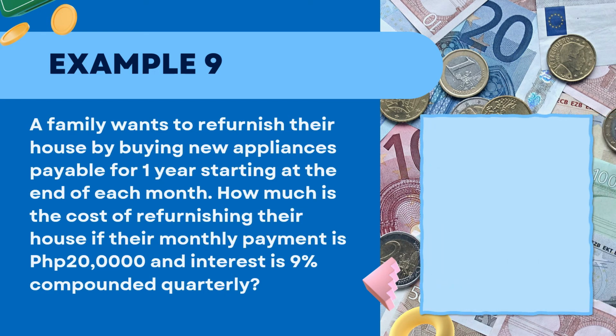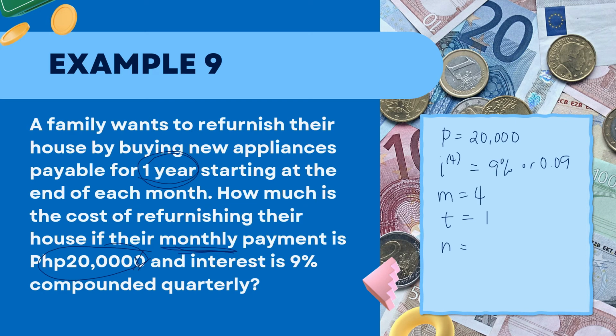Then, identify na po natin yung ating mga given. So, monthly, yung regular na babayaran niya is 20,000. Then, yung interest rate daw po natin compounded quarterly is 9%, or that is 0.09. Again, compounded quarterly po yan. And, 1 year lang po yung usapan po nilang term. So, kung 1 year lang yung term, at monthly po siya magbabayad,